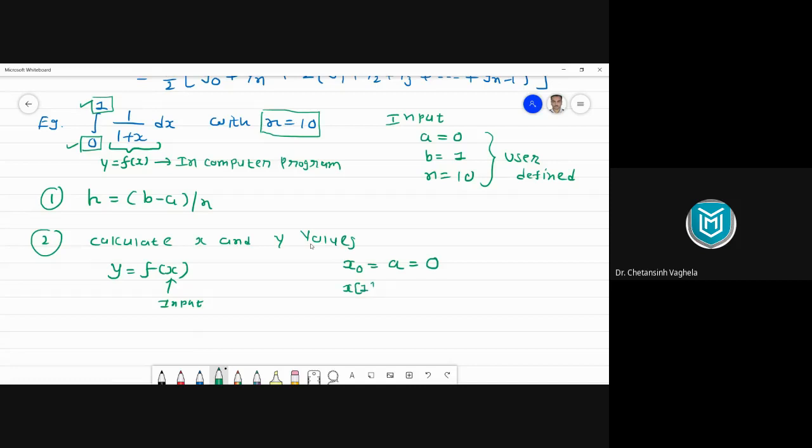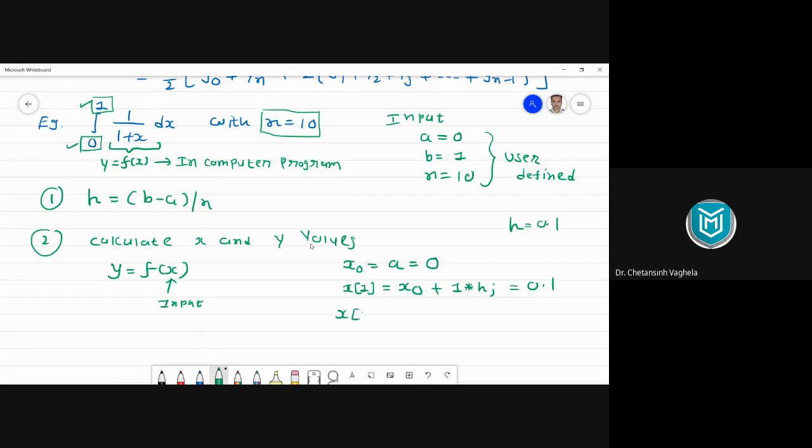Your next value x1 is given by adding 1 times h to your initial value x0. That means you need to add 1 time h to your x0. For example, if your h value is 0.1, then this will be 0 plus 1 into 0.1. So that will be 0.1.